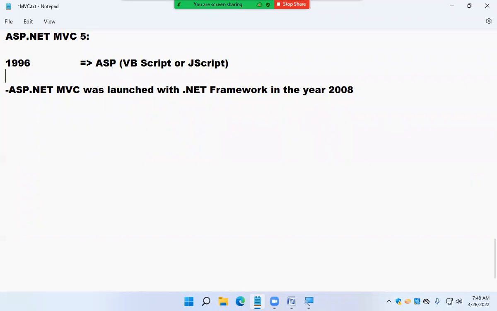It will be like JavaScript only, but it is a Microsoft version called JScript. In 2002, what we got? ASP.NET Web Forms. Languages? We can just use .NET languages.